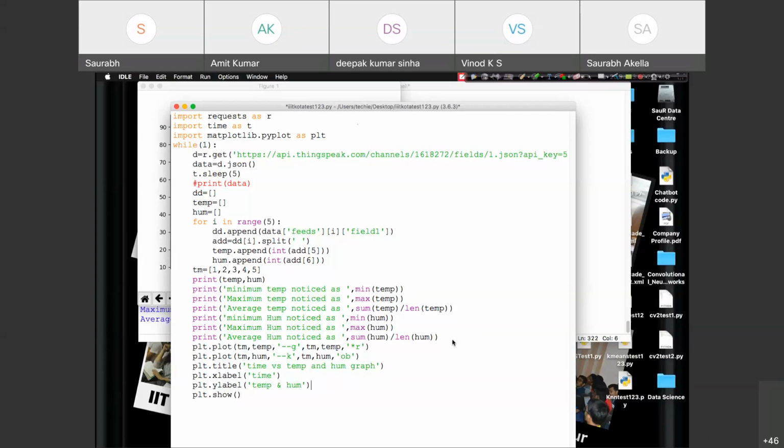Right. In fact, we can write here plt.legend. It will automatically show two things. The first graph was temperature, and the second was for humidity. Set. Save this and run.